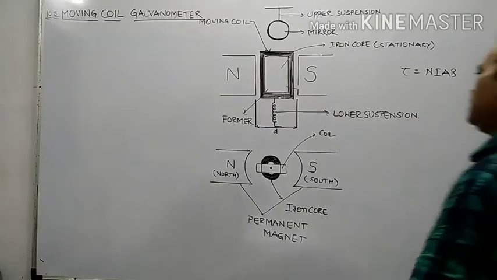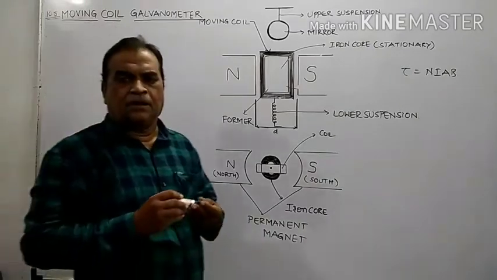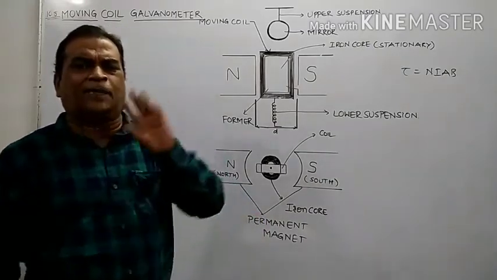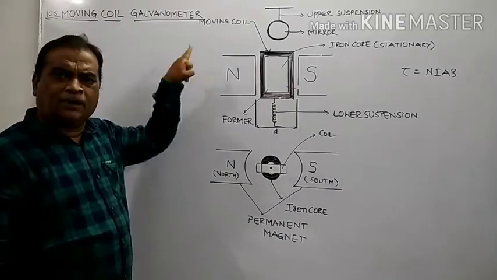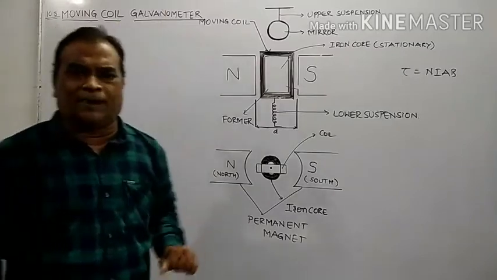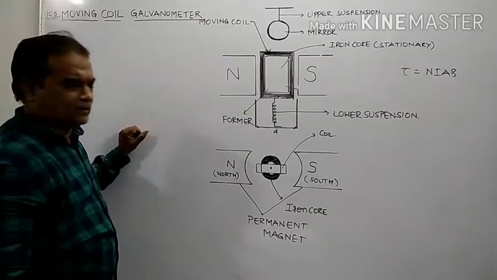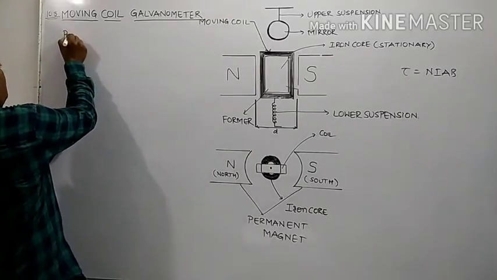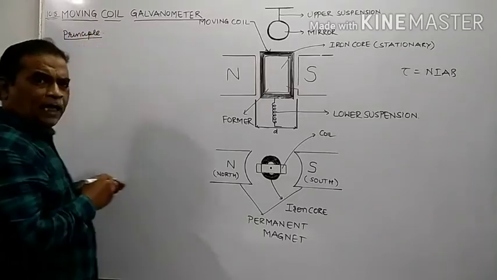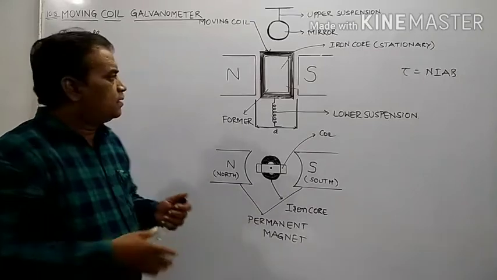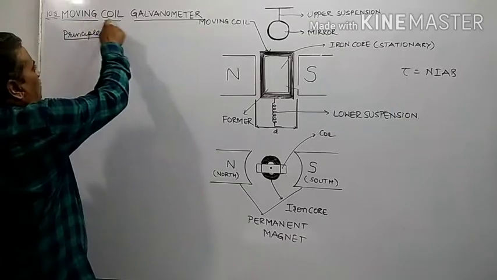Now the next important device is the moving coil galvanometer. In the board examination, there might be a question for 3 marks or 4 marks that says: state the principle, construction and working of the moving coil galvanometer. As far as the moving coil galvanometer is concerned, what is the principle on which the analog voltmeter or ammeter works? An analog voltmeter or ammeter is nothing but a moving coil galvanometer.